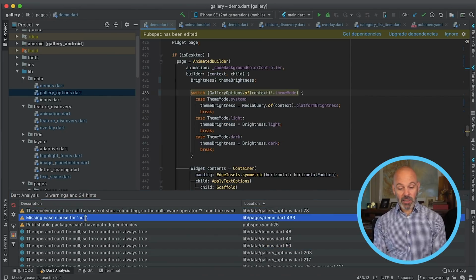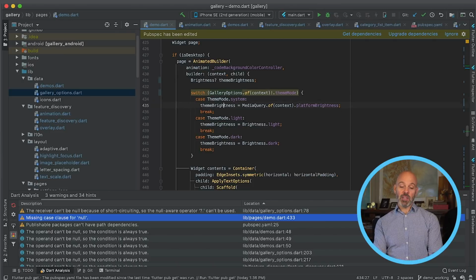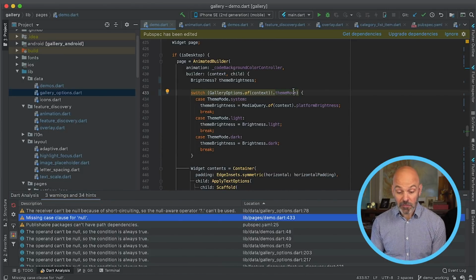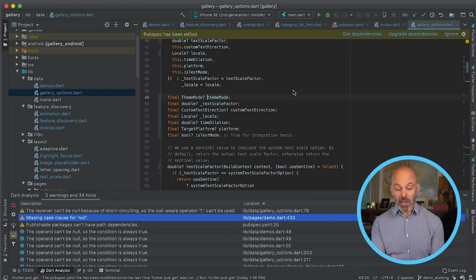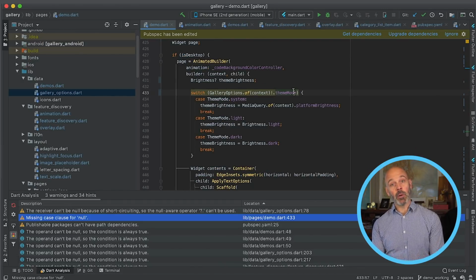When we were running in unsound mode, we might have wanted to keep these assertions around because unmigrated code could violate the guarantees of null safety and still flow null through here. But now that we've migrated this fully to null safety, we don't need these assertions anymore. Another cool thing, if we look in here, if you remember when I started out, I asked the question of whether this case, this switch statement here, needed to handle null. And we can see actually now that the migration tool has figured out for us that we do. In fact, theme mode can be nullable. It has been migrated to be nullable. And I looked through this code and actually found that yes, null can flow to this location.